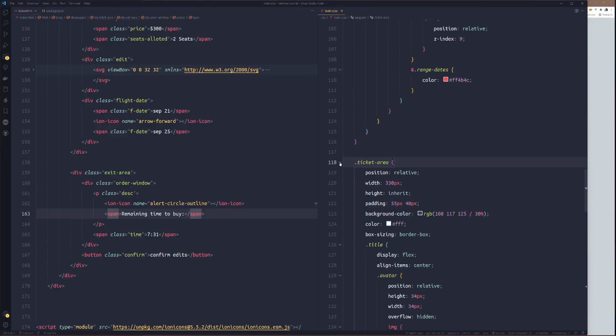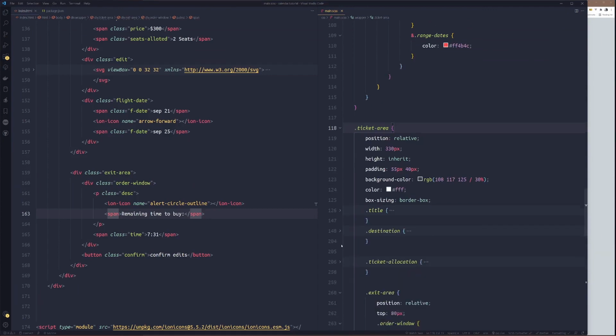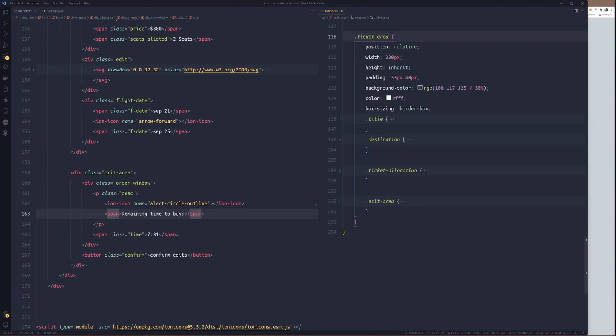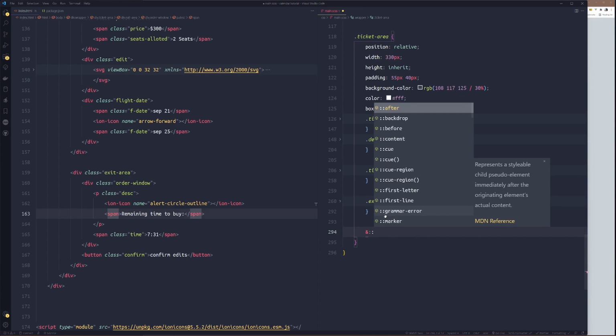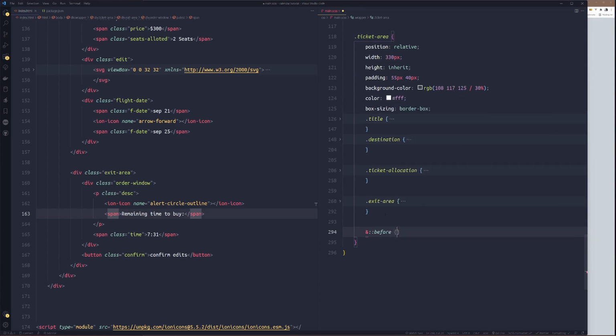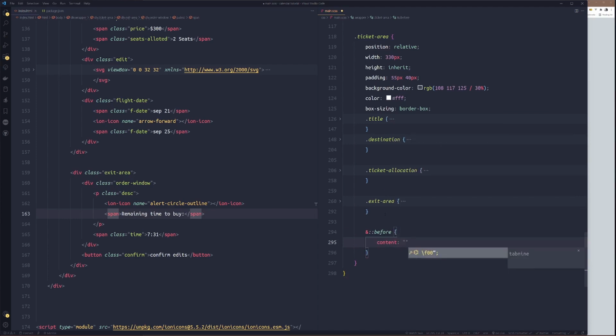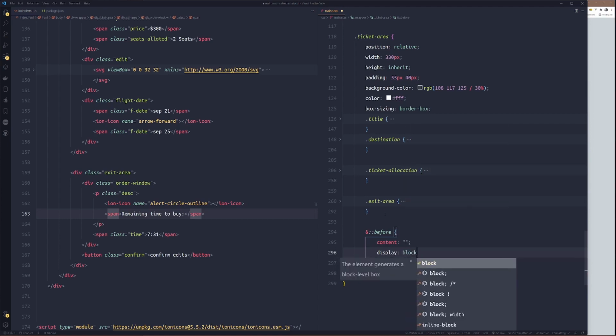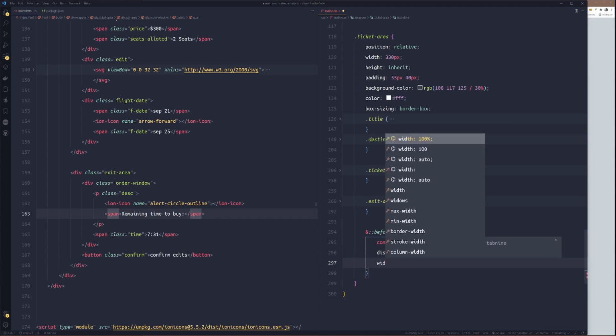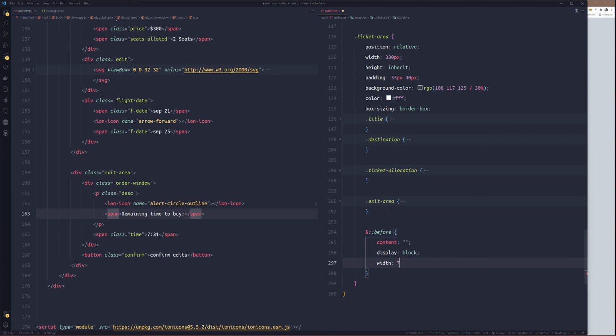just after this exit area now, we'll create a pseudo class before, then content. We'll set display to block, we'll set the width to 7 pixel and the height to like 36.